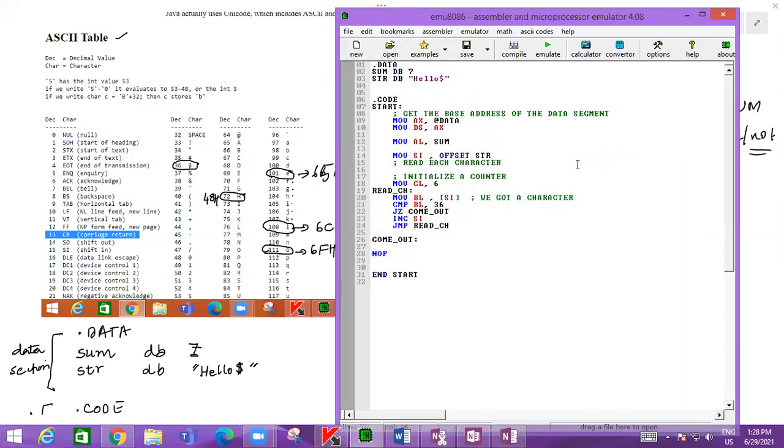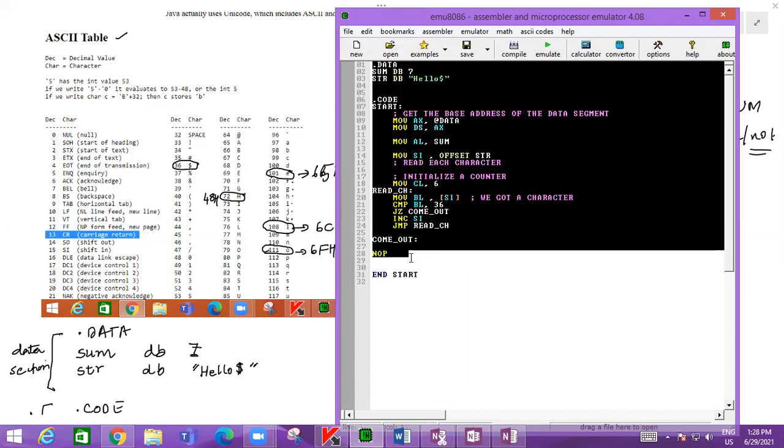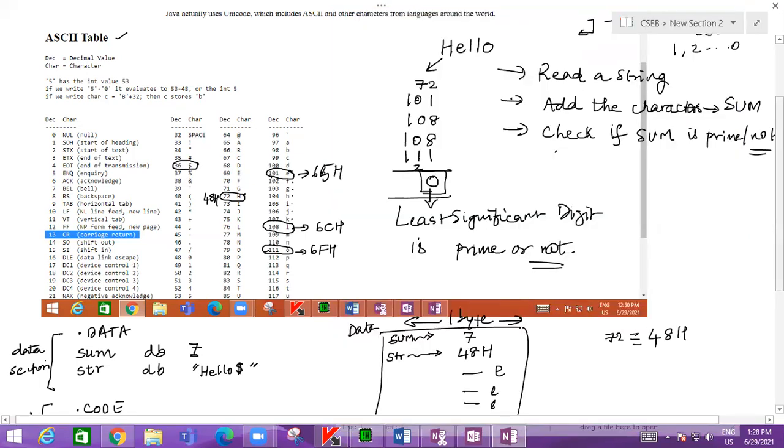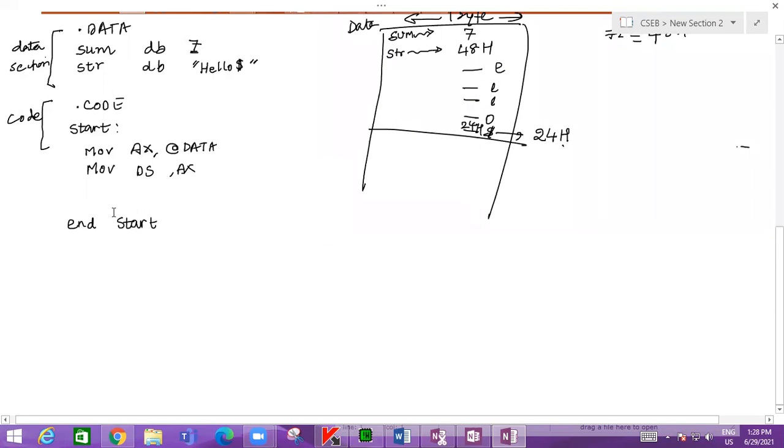What I'll do is, I'll just copy this code and go here. I'll paste it here.